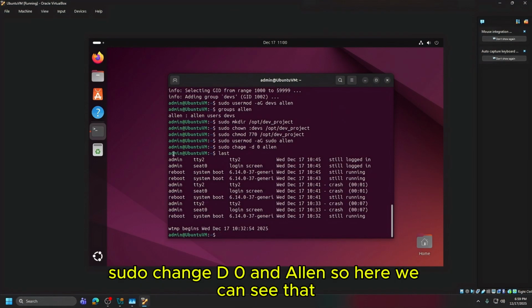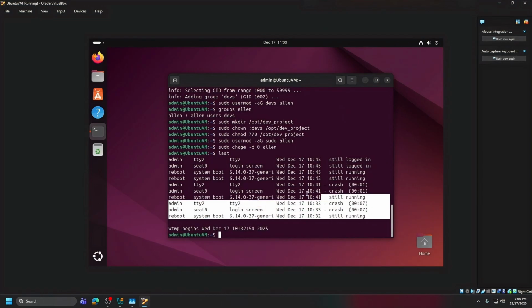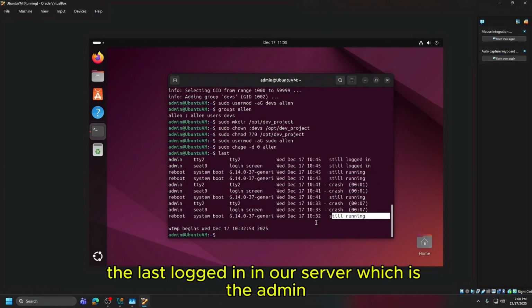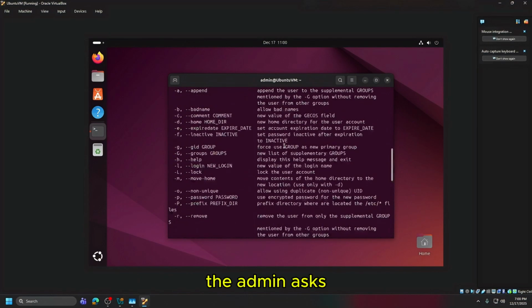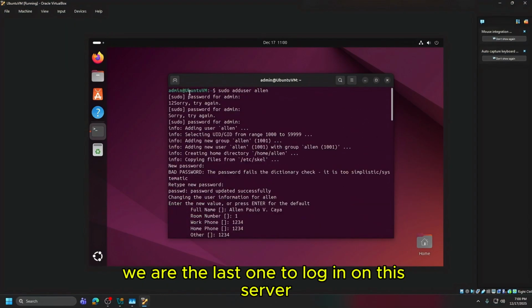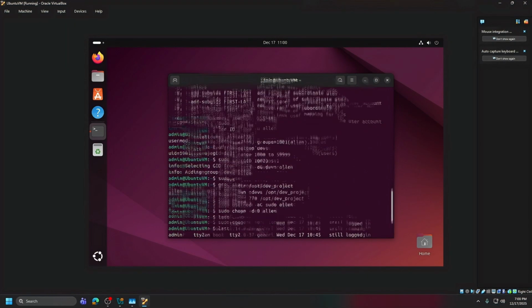Here we can see the last login to our server, which is the admin. We are the last one to log in on this server.